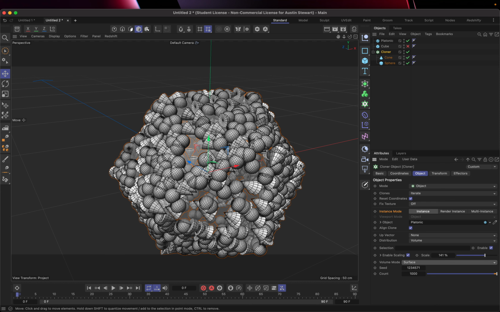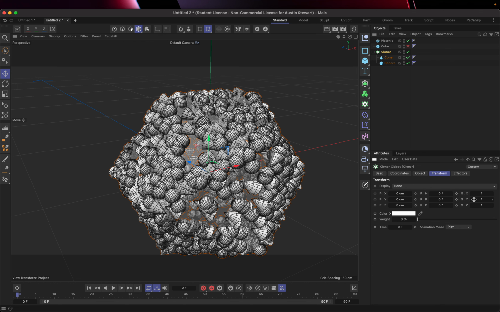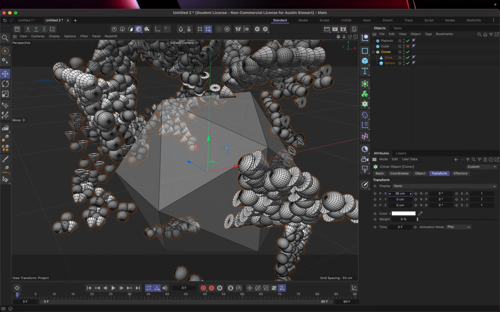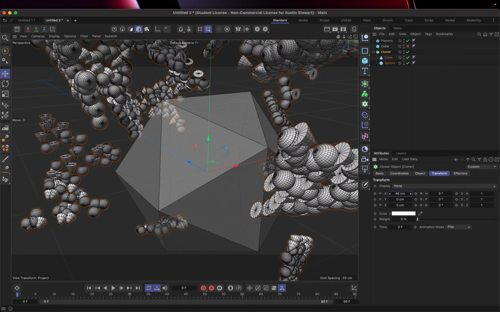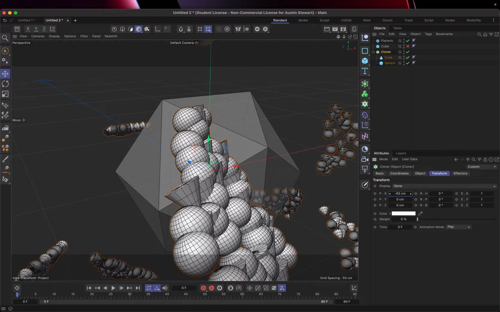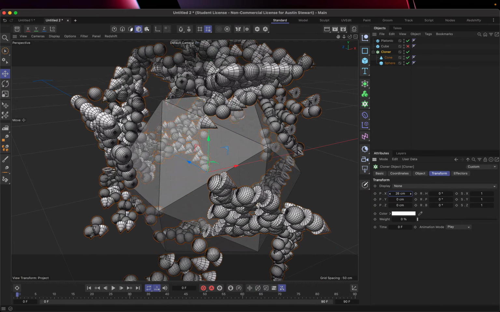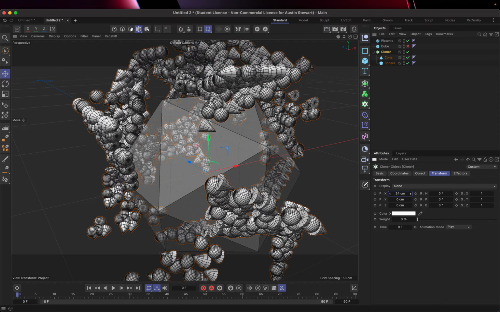However, one of the nice settings with volume and surface mode is if I come over to this transform tab in my cloner, I can move clones around, and in this case you can see those individual polygons of clones